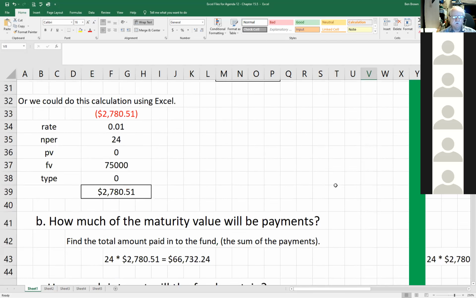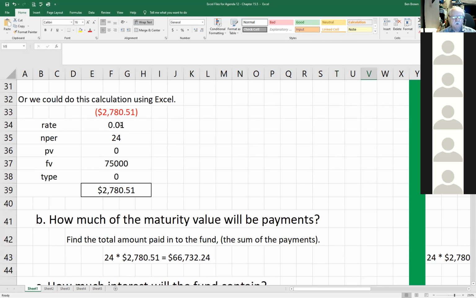And if that wasn't fun enough, we can do it on Excel. The rate, notice we had to calculate the rate. It equals 4% divided by quarterly, so it's 4. And we had to come up with 0.01 here. The number of periods is still 24. Present value is still 0. Future value is 75,000. And the type is